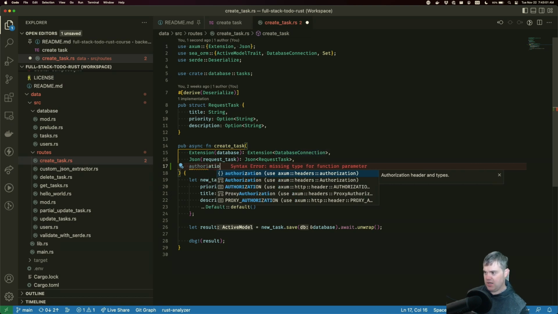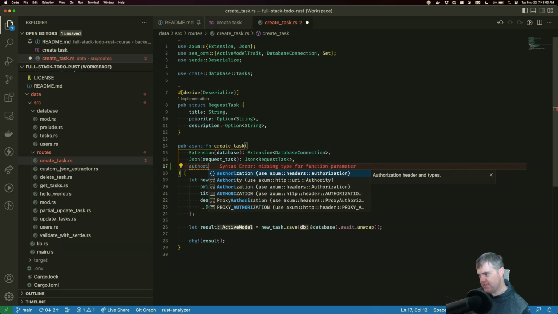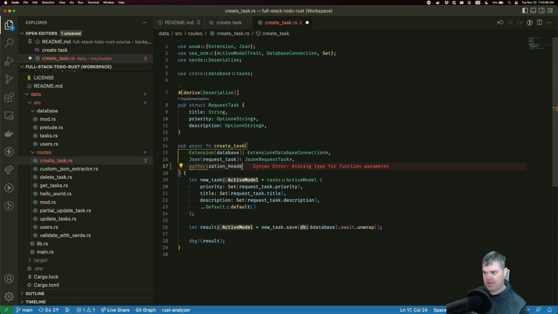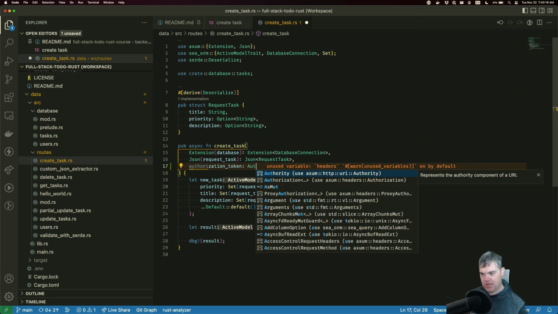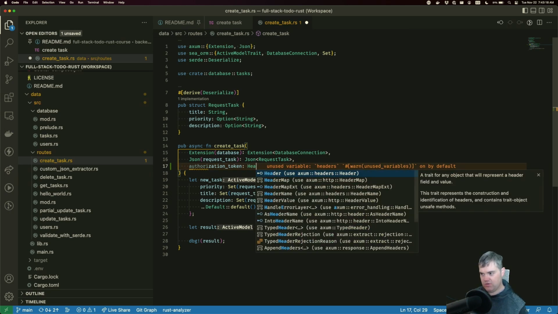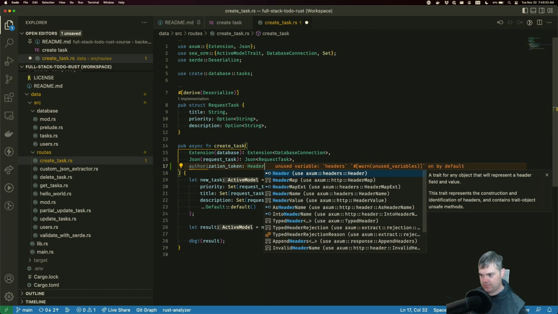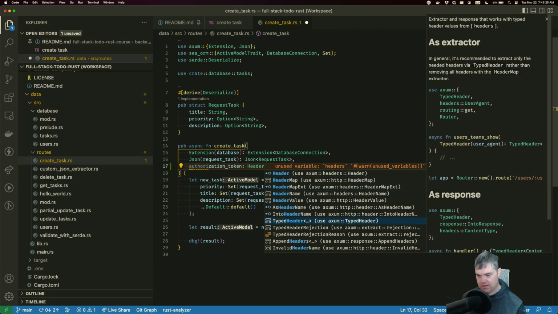Okay, so now I want an extractor, right? Was it the typed header? In general, only extract the headers you need via typed header rather than removing all headers with the header map extractor.